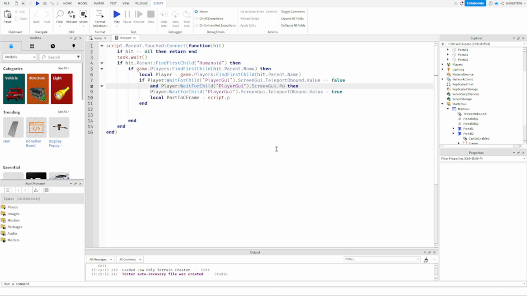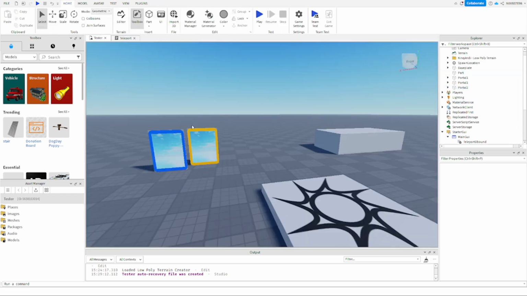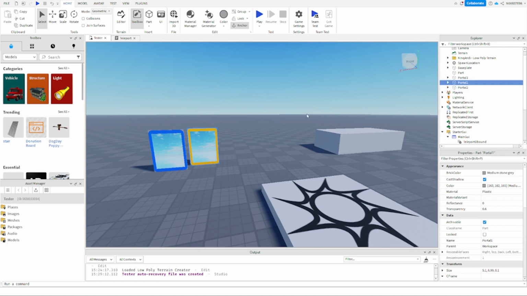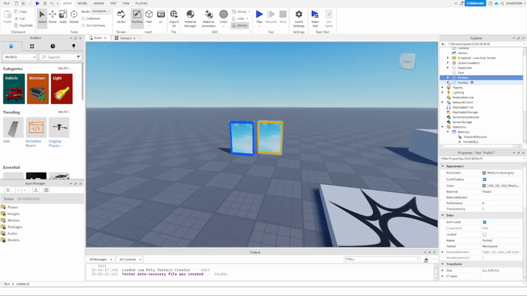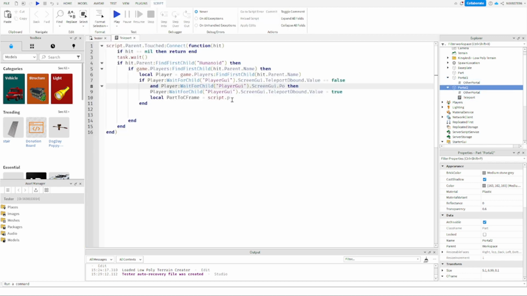Dot, let's see, this is portal 1, right? This is portal 2, so we'll go back in here for the other portal and we just duplicate this. And then we will screen GUI dot portal one dot can be enabled, dot value is equal to true, then